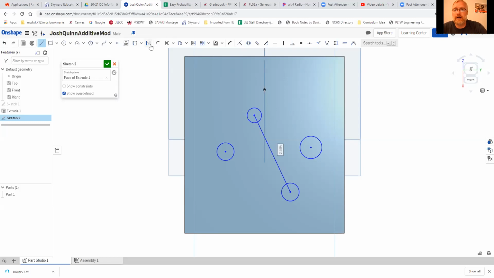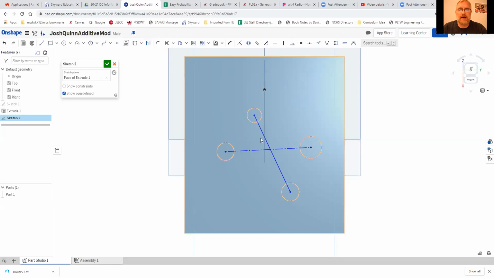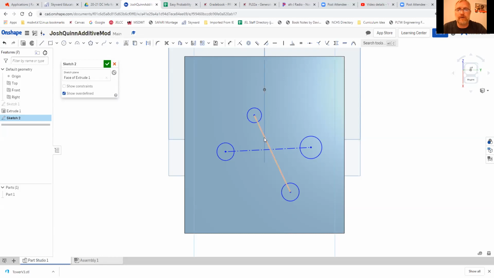What we're interested in is what's called a construction line. So I'm going to click that construction line, and I'm going to click from here to there. Okay, that's good. That's what we want. Notice how that's dotted and that's solid. So this is a construction line right now. This is a solid line. But I want this to be a solid line. So I just hit the escape button on my keyboard, ESC, upper left-hand corner. Lets me stop and start over. And I'm going to click this, and I'm going to click this, and I just turned it into a construction